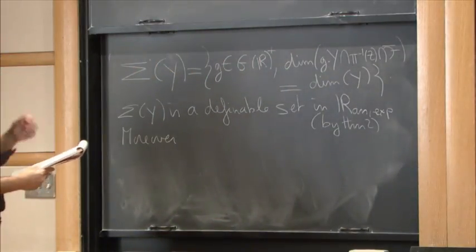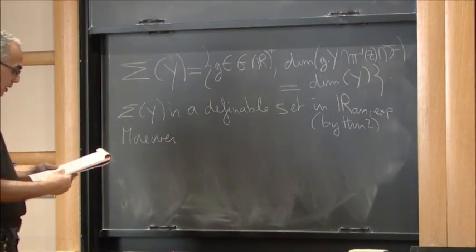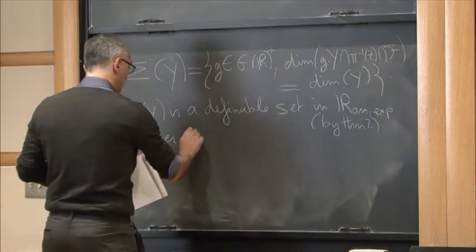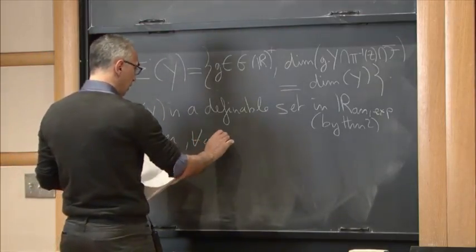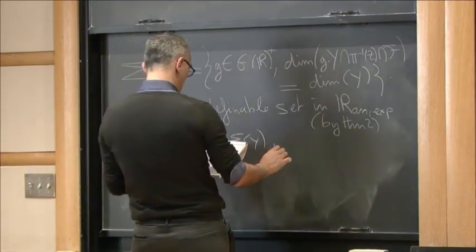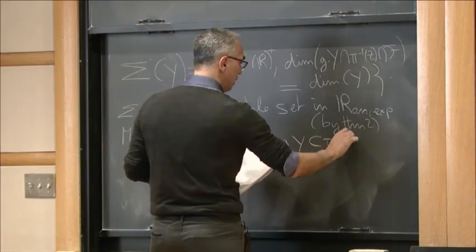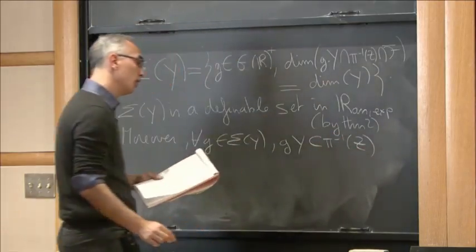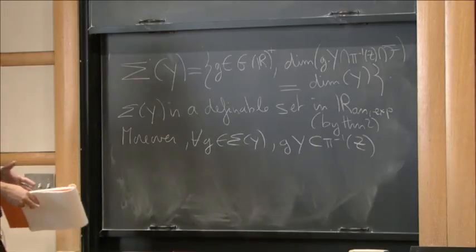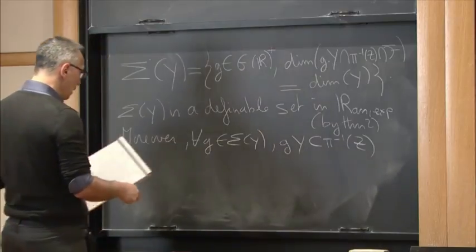And moreover, if you take... okay, I need two things. For all g in sigma of y, in fact, g times y is contained in the inverse image of pi inverse of z. So this is a kind of analytic continuation. And the other fact is